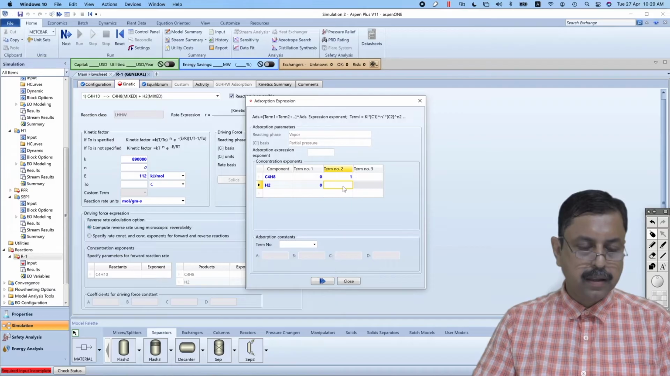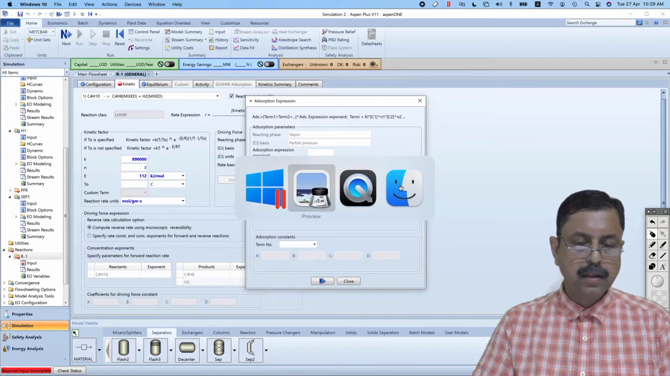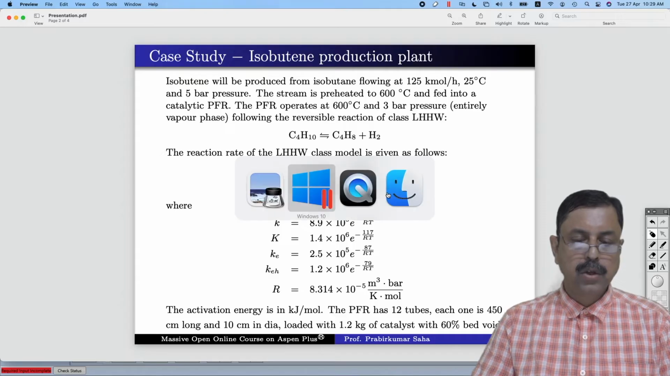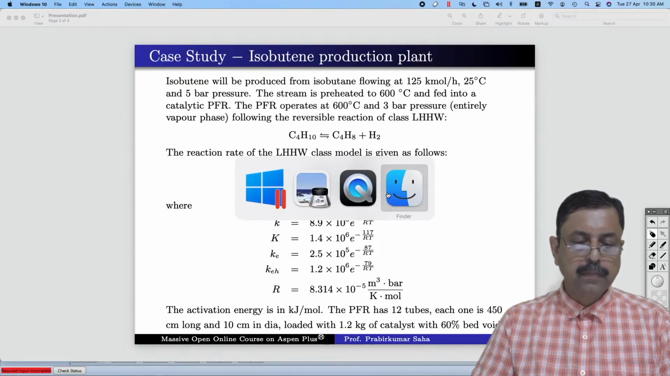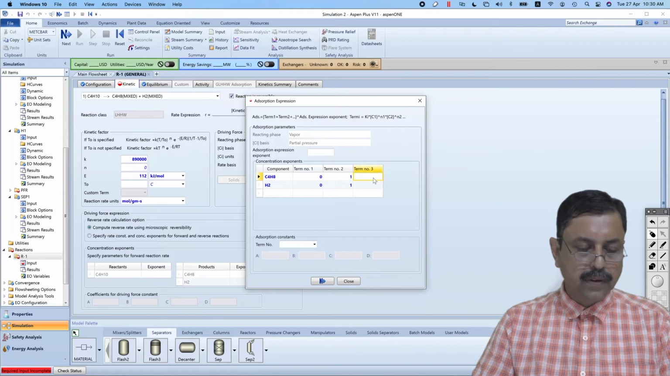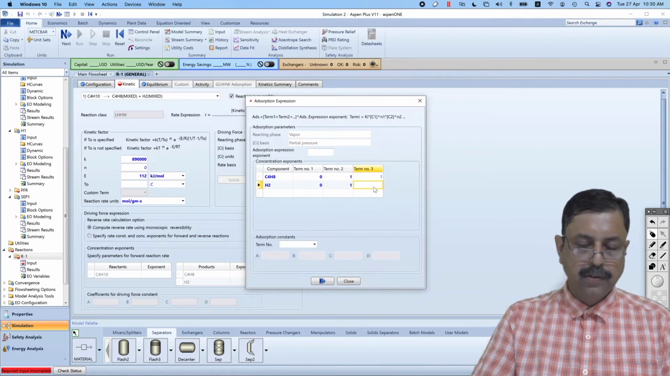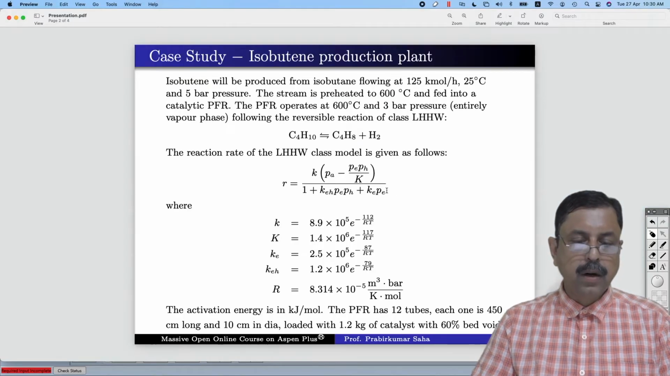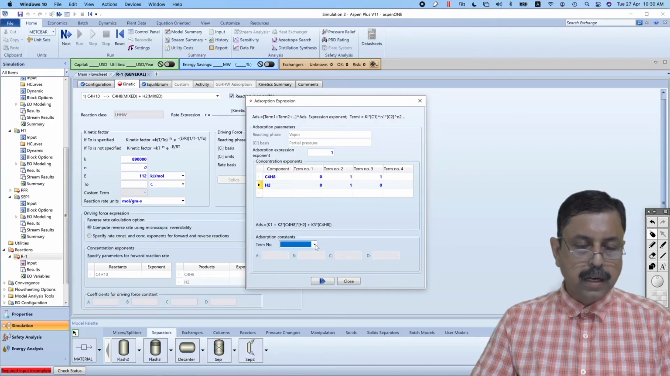And term 3, we have concentration exponent of only isobutene, not hydrogen. So we shall give only for butene, this is 1. For hydrogen, there is nothing, 0. And adsorption expression exponent, this is also 1, because at the denominator, the whole term is 1. Now, term 1,